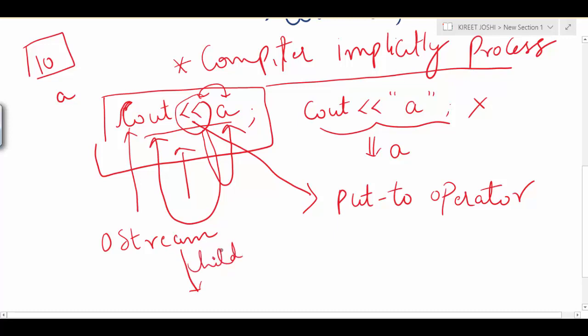We'll discuss in the subsequent lectures what is the parent class and child class when we go through inheritance. But for the meantime, just understand that this OStream class is the child class of IOStream class, or the IOStream header.